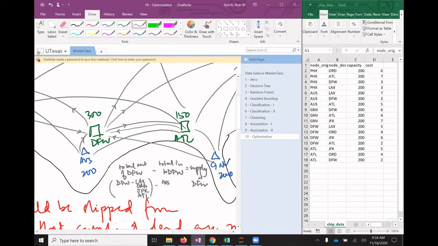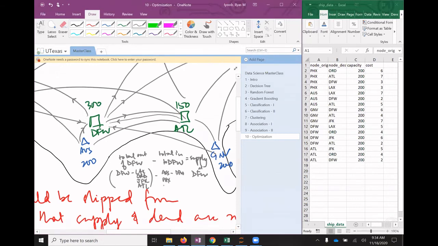So you have Austin to Dallas. Then you also have Phoenix to Dallas. And then you have Gainesville to Dallas. And then you have Atlanta to Dallas. These are the 4 sources that you can come in. So everything that's going out of Dallas minus everything that's coming into Dallas should be equal to the supply, right? Because if there's more going out of Dallas, but it is consuming some, then the remaining should be the supply,